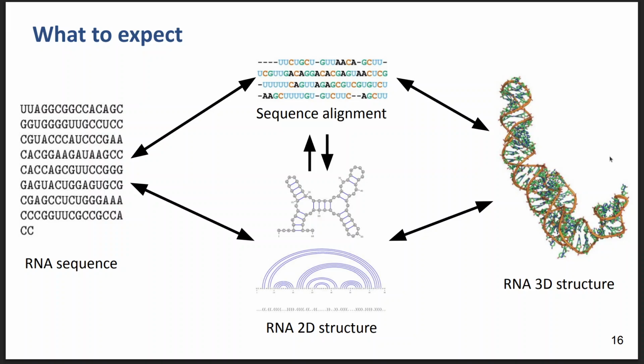The arrows here show the computational problems that come across these objects. Once we have a set of homologous sequences, we have a computational problem of aligning them correctly. Once we have a sequence alignment, we, for example, have a problem of deriving the profile of the sequence alignment, or the centroid sequence, or something else. If we have a sequence, we can predict secondary structure. From a sequence alignment, we also can predict secondary structure, and it will be a bit more